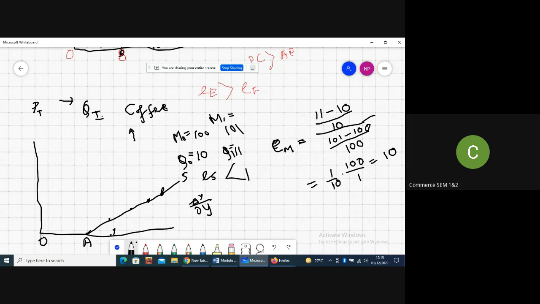Now take a supply curve which is originating from the origin itself. The straight line supply curve that is starting from the origin itself. তাহলে elasticity কত হবে? Elasticity of supply